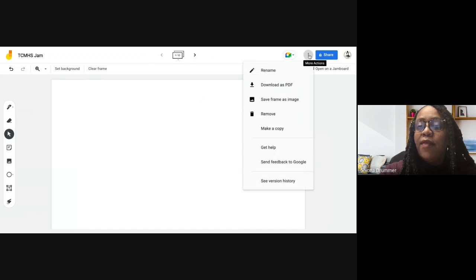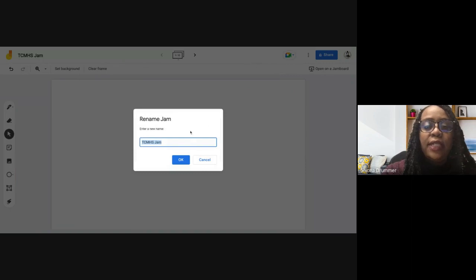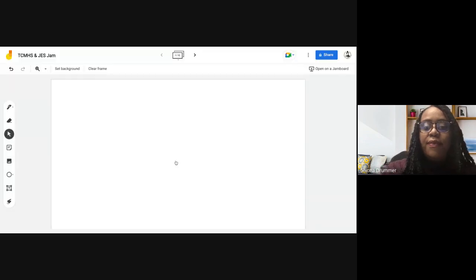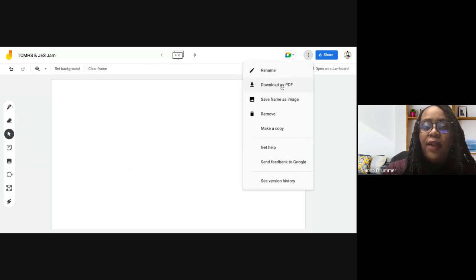So next here we have more options. We can rename our jam. So let's say I want to change it from Twiggs County Middle High School Jam to Twiggs County Middle High School and JES Jam. I just hit OK, and you can see it's instantly updated there. We can download this as a PDF. We can save this one frame as an image. We can delete this frame. We can make a copy of the whole presentation